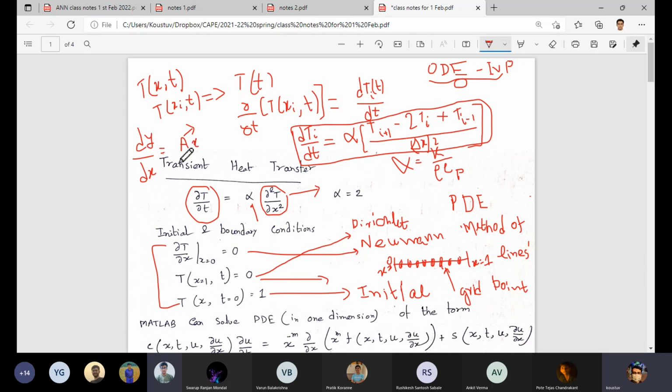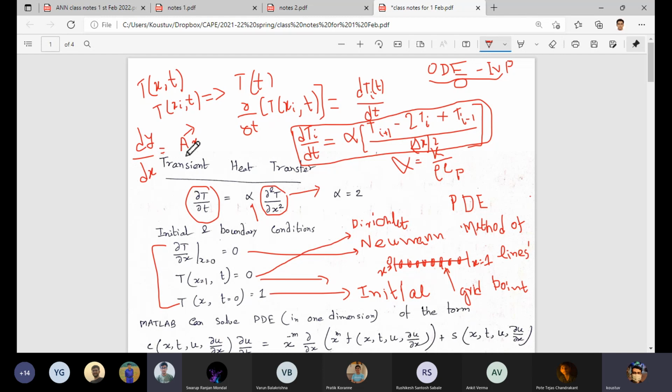A is the coefficient matrix of that ordinary differential equation system. This coefficient matrix has its eigenvalues, and as we have learned, if the eigenvalues of the coefficient matrix of the ODE system are widely varying, that means one is very small and one is very large, then the problem is stiff. And if you remember the stiffness number we defined, it is the highest divided by the smallest. So if it goes to the order of 10,000s or a million, then we can easily call that problem a stiff problem.